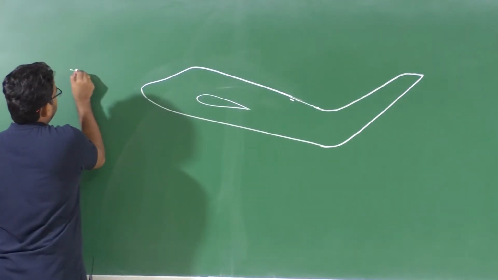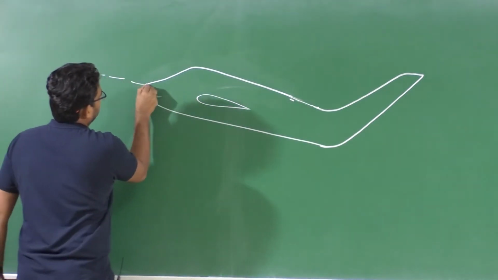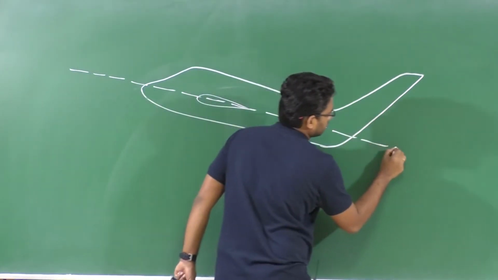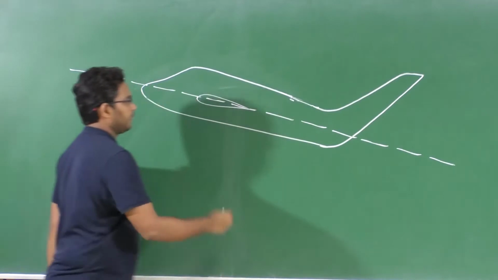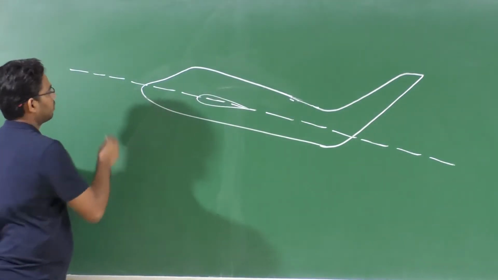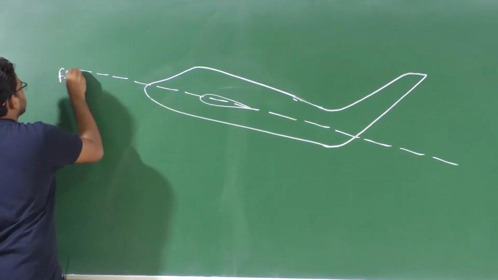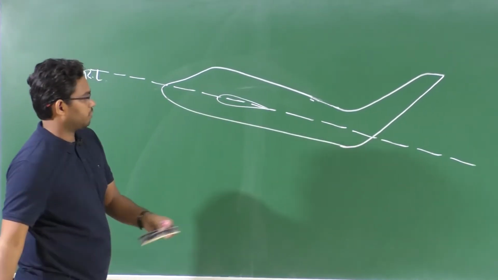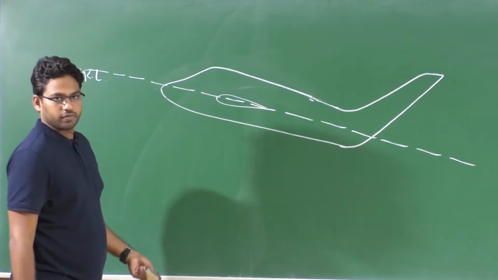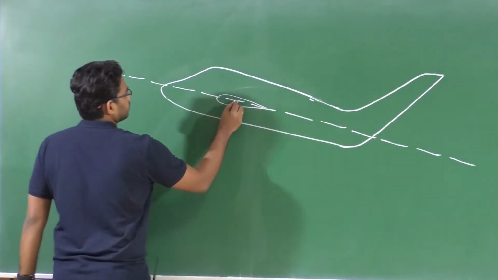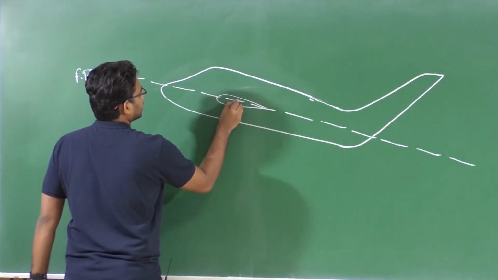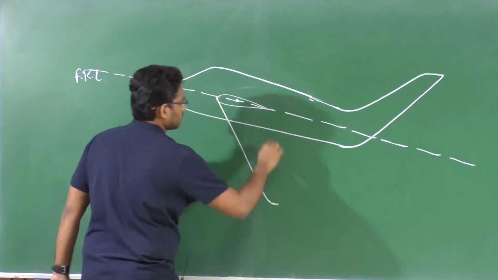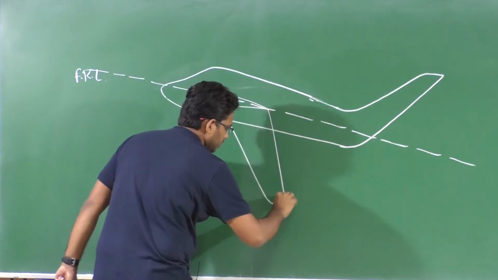So let's define an axis with respect to which all the components of this aircraft are mounted. Let's say this has fuselage reference line, right? So we'll use this fuselage reference line while talking about stability of an aircraft here. So now let's consider a body axis system. So we have wing, let's quickly go through the major components of this aircraft.